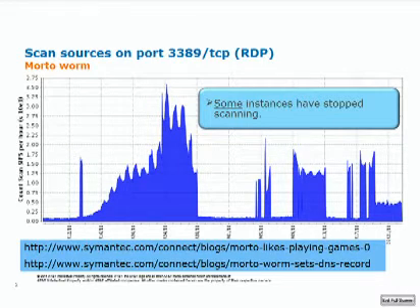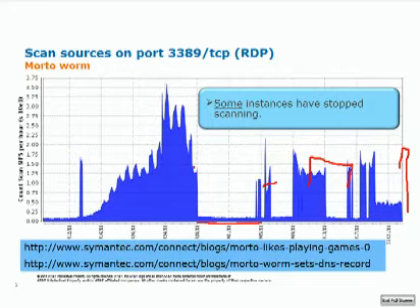And most recently, we've seen some new scanning activity that's continuing, but at a lower level. There was actually an update, a couple of blogs posted by Symantec, one more recently that indicated that the scanning function on port 3389, that's remote desktop protocol, had basically been turned off, as well as a command and control function associated with DNS.